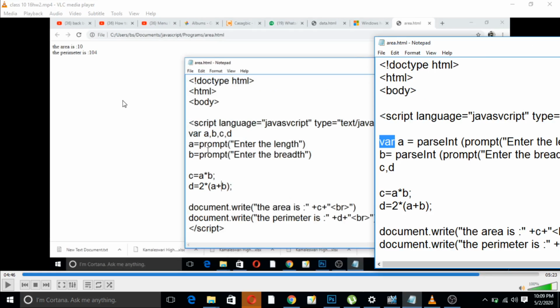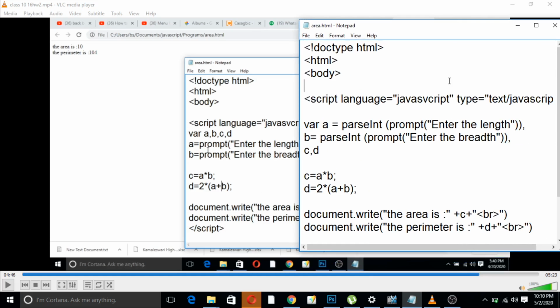See, multiplication came fine, but only the problem comes with the plus sign. So whenever there is an addition program, you need to give this parseInt, which means you are forcing the variable to be parsed as int, which is an integer. Okay, so this is the use of parseInt.